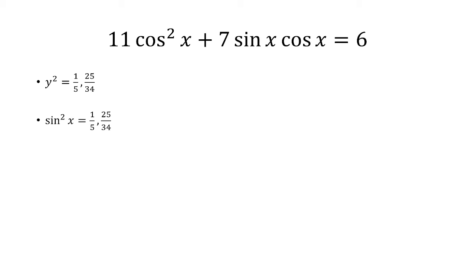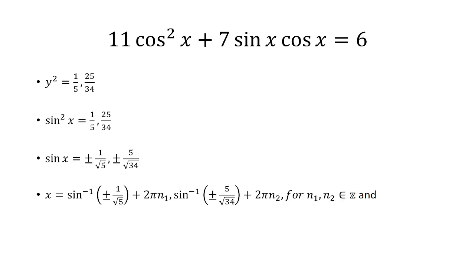I want to get x eventually, so let's take the square root of both sides. And taking the square root of both sides, you want to make sure you have the plus and the minus. So the positive and the negative. And now to solve for x, you have to apply the inverse sine to both sides. Now, technically, you should have a 2 pi times an integer. So this is for all solutions